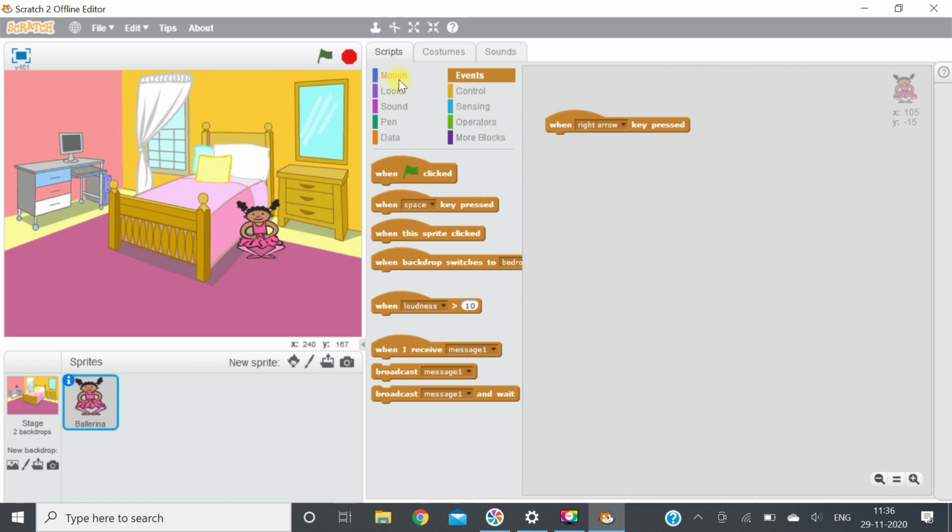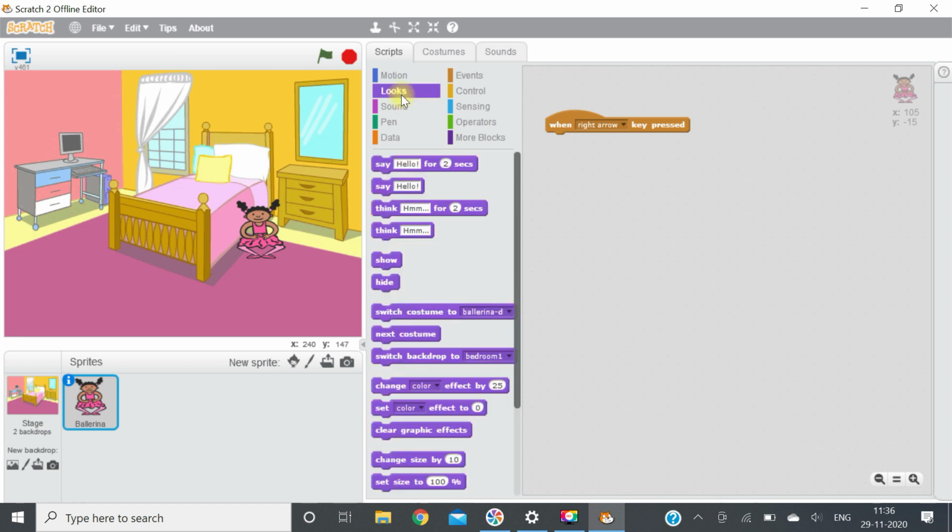Then costume, and where is the costume? In looks. In looks there is a block next costume. Fine. Now when you press right arrow, it will change its costume. Fine.